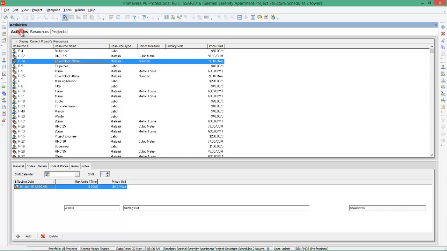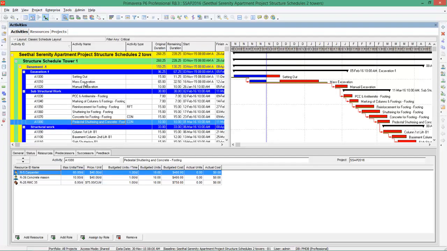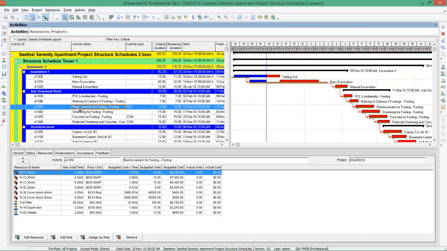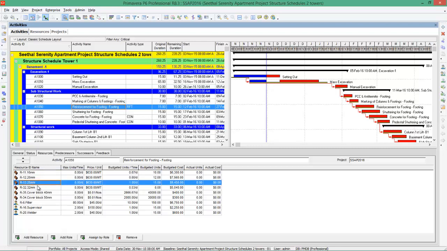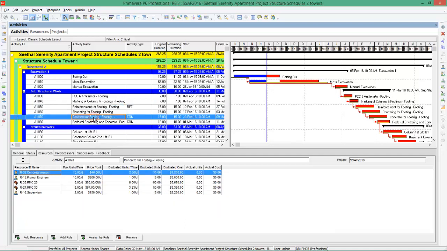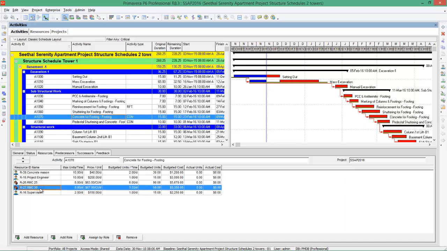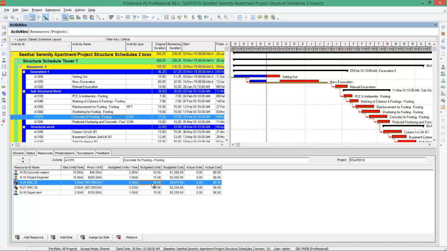And after that you have to go to activities. You need to assign the materials. Here you can see the resources assigned to the activities. For reinforcement of footing, I require 16 mm steel, 20 mm steel, 25 mm steel, 32 mm steel. So all the materials I have assigned here. Let's see concrete for footing: we require 25 grade RMC and 30 grade RMC. How much is required? I have given here 50 cubic meter, 90 cubic meter. So likewise, you have to assign all the resources to the concerned activities. Once you've done this second step, you can go to the third step, that is resource assignment.